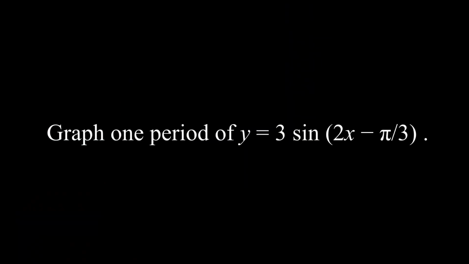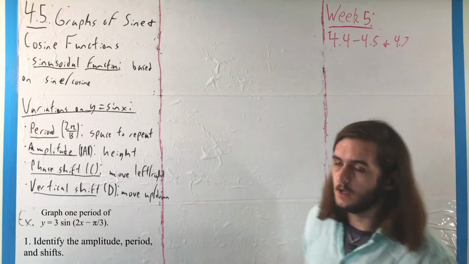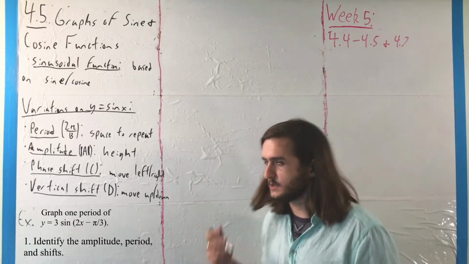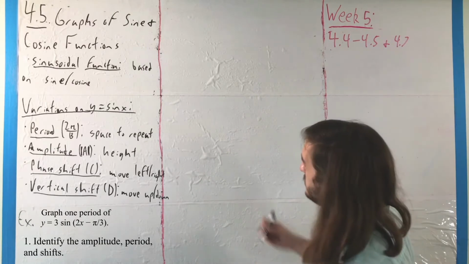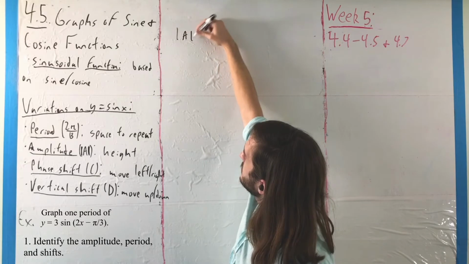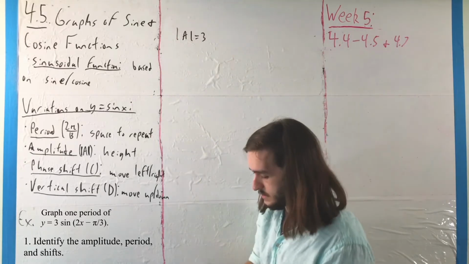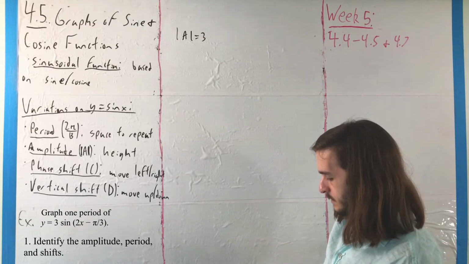For our second example, we want to graph one period of the function y equals 3 sine of the quantity 2x plus pi thirds. So in this case, we have the same sort of job as before when we're starting with what happens to those values a, b, c, and d. Here, a is 3 again, so our amplitude, the absolute value of a, remains 3, while